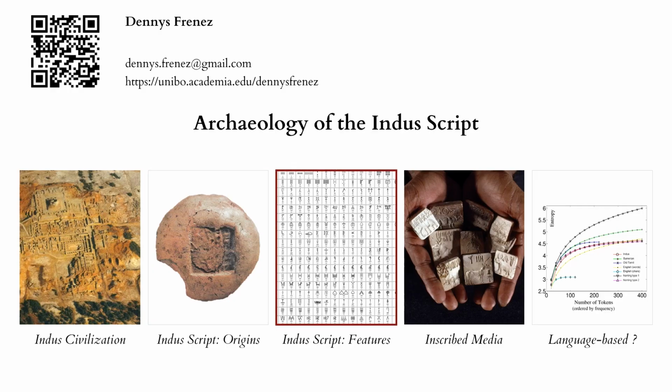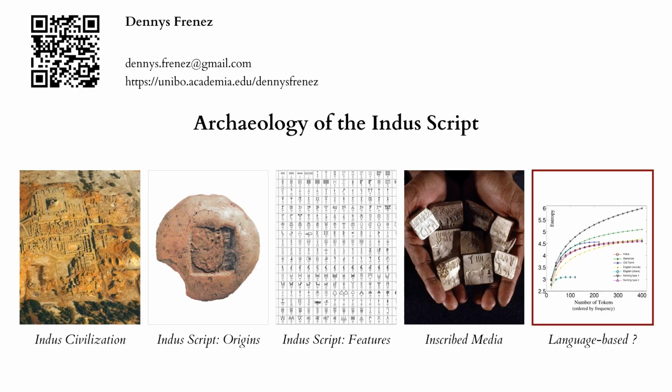Building on this background, I will present the main structural features of the Indus script, the number and visual characteristics of the signs, their general statistical frequencies, positional patterns, writing direction, etc. The central core of the presentation will focus on the different types of inscribed media in the Indus civilization, paying particular attention to the so-called standard stamp seals, which constitute the great majority of Indus inscribed objects. Finally, I will briefly discuss the ongoing debate on whether the Indus script did or did not encode a language or languages.